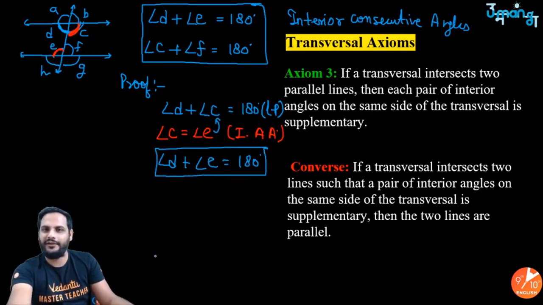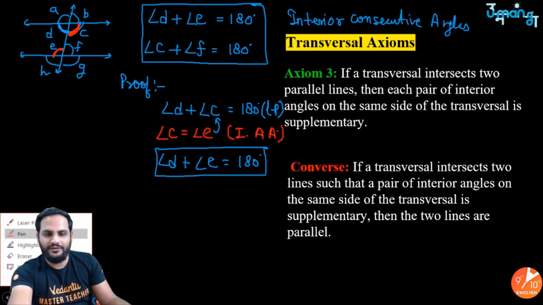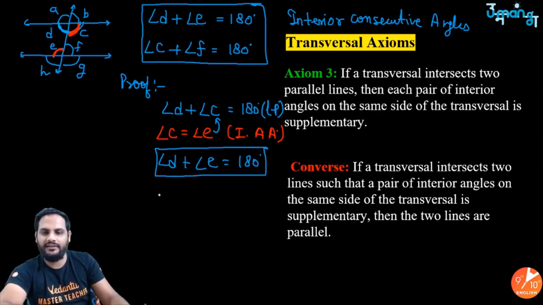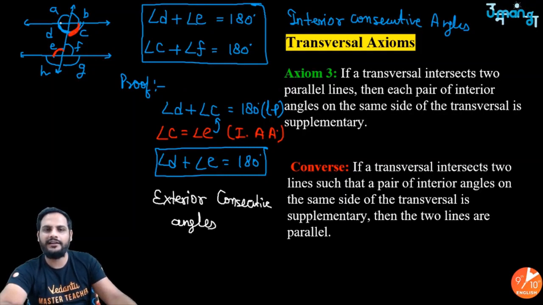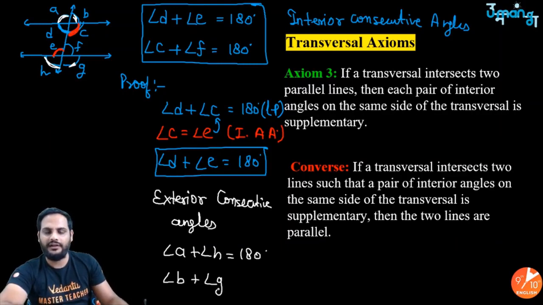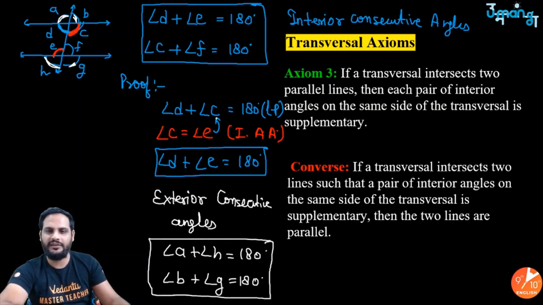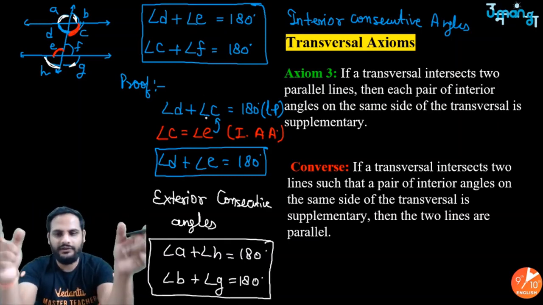Okay. Similarly, you will get to know for exterior consecutive angles also. You can name them as well. Just go for the name exterior consecutive angles. So exterior angles, and that too on the same side. So angle A and angle H, they are also consecutive only. They are also supplementary. So be it interior or be it exterior, the consecutive angles are supplementary, and its proof also you can do in the same manner. And the converse is true